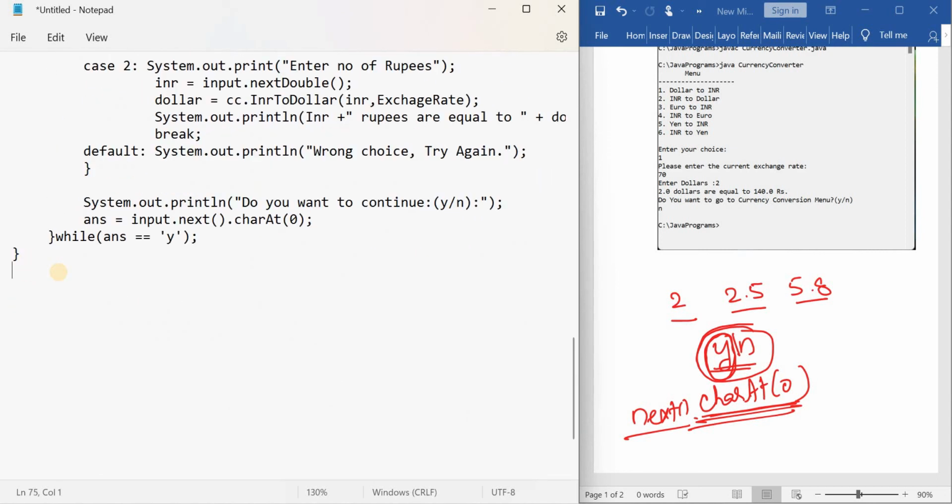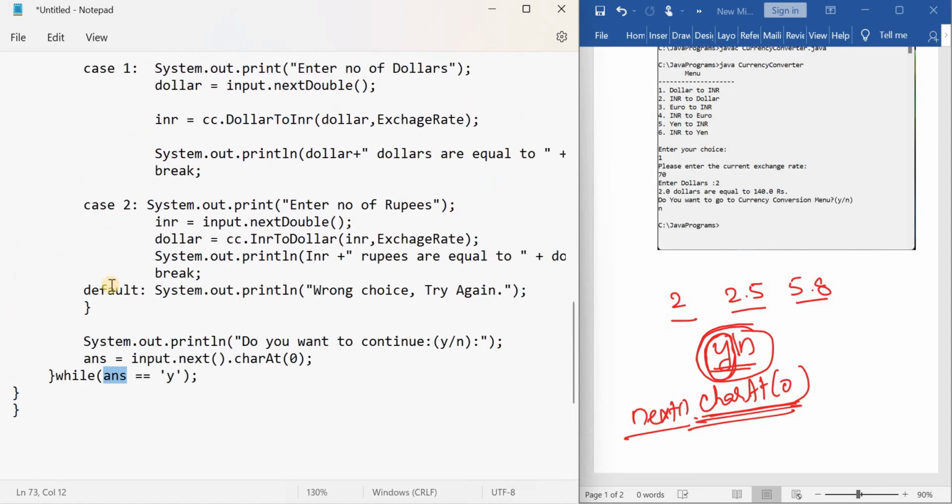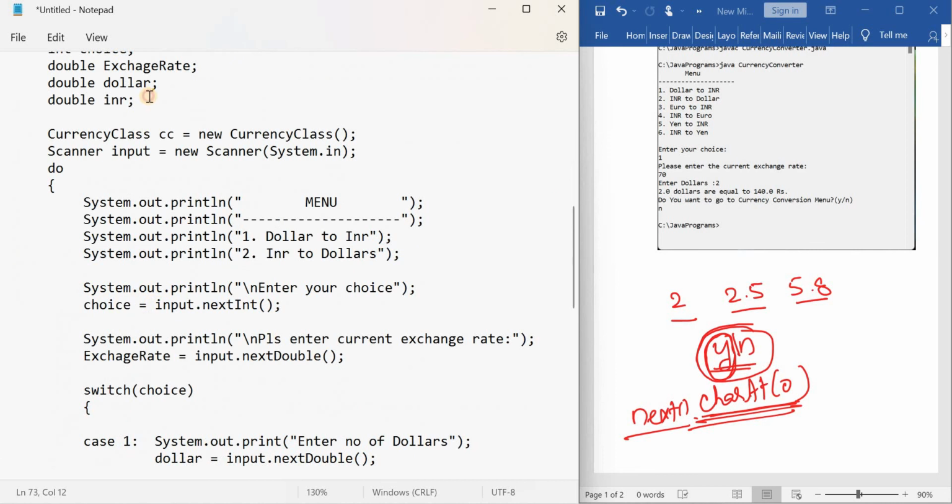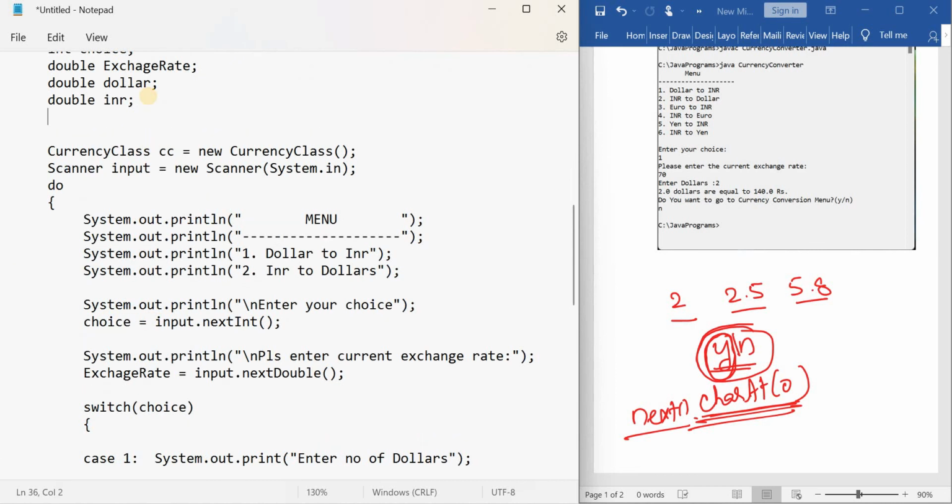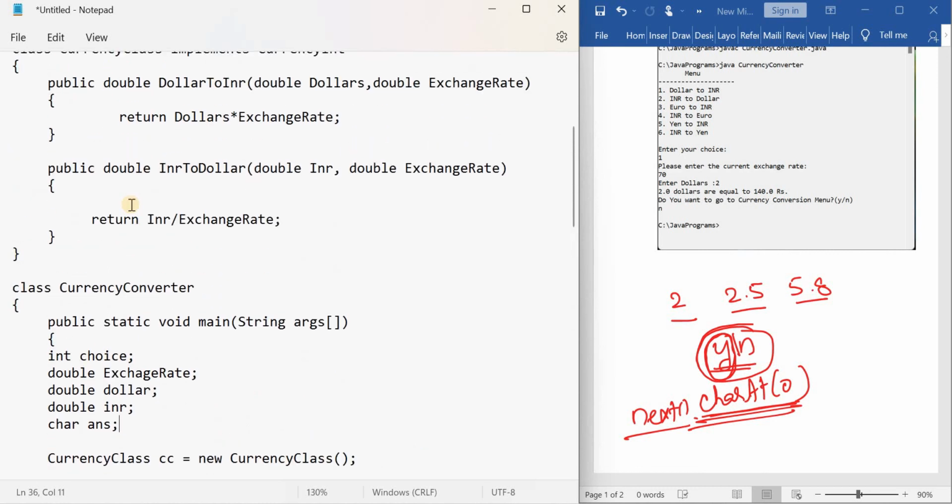And finally close the class. You have to declare this variable also, answer. It is a character type, so declare it as char answer. There might be mistakes; once we compile it, we will come to know and correct them.